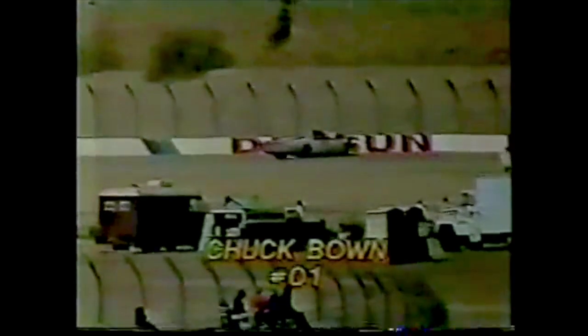Midway on the backstretch, we've just had a crash. Reeling off the wall, car number 01. Young Chuck Bound of Portland, Oregon, has crunched his automobile soundly, David. He had a very big spin coming off turn 2, and finally ended up head-on into the wall, which, of course, has brought out a typical rash of NASCAR pit stop. Under caution for the first time here in the Times 500 for Chuck Bound's car, lying across the